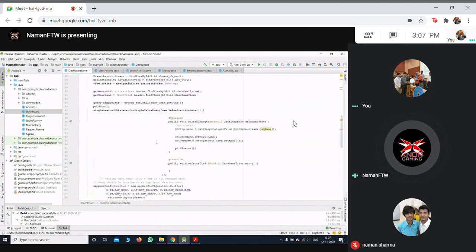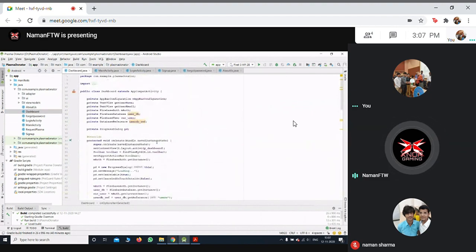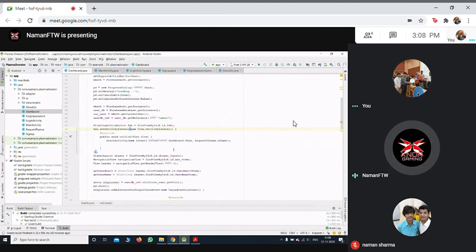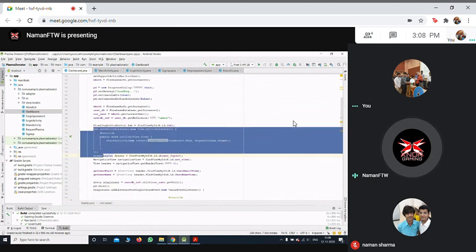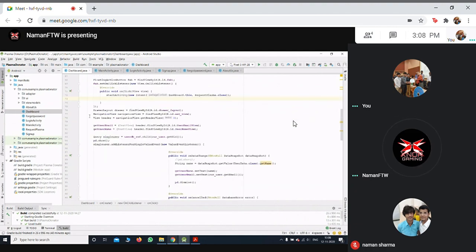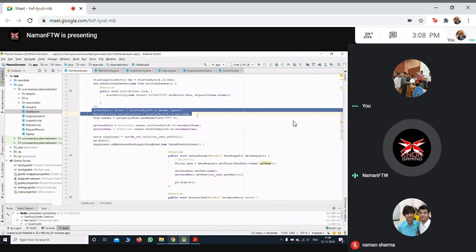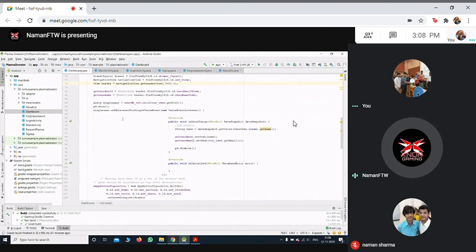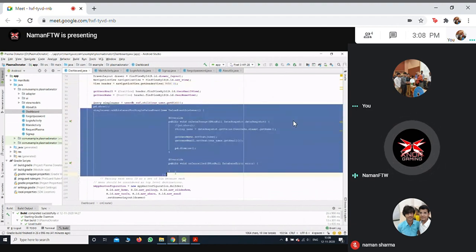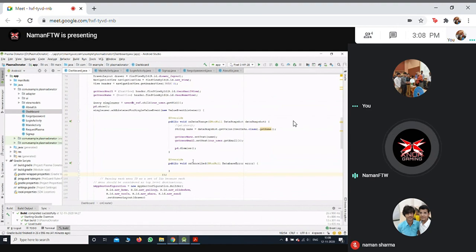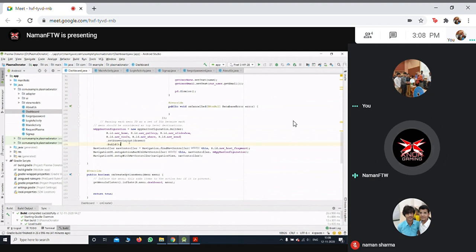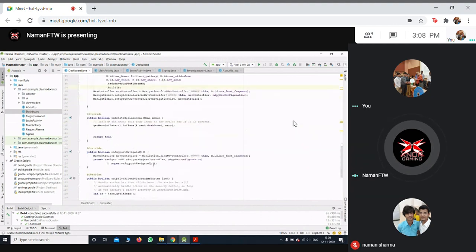So now this is the dashboard activity. When the user logs in, he is directed to this activity. This is the main activity where we have initialized all the fragments, and this is the fab icon which when tapped is directed to the request plasma activity. Here we have initialized the drawer layout and the navigation view, and here we are initializing the name and email of the user in the drawer header, and this is the mbar configuration where all the navigation to which fragment is taken care of.